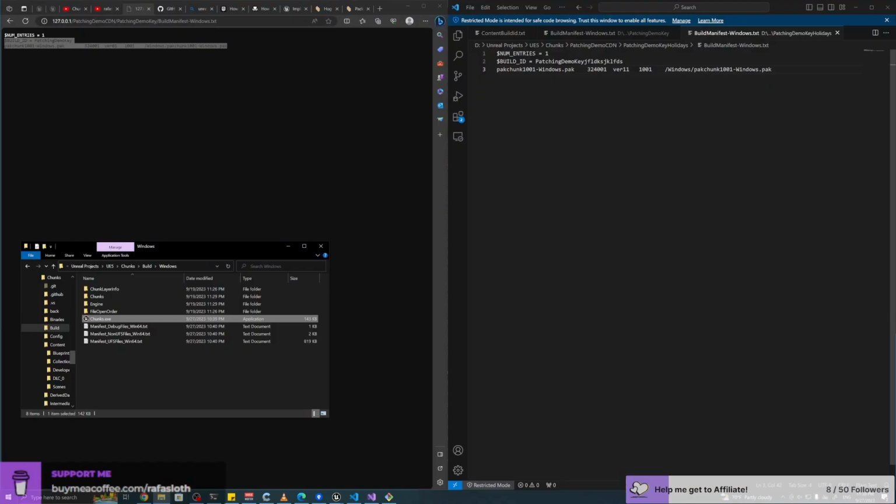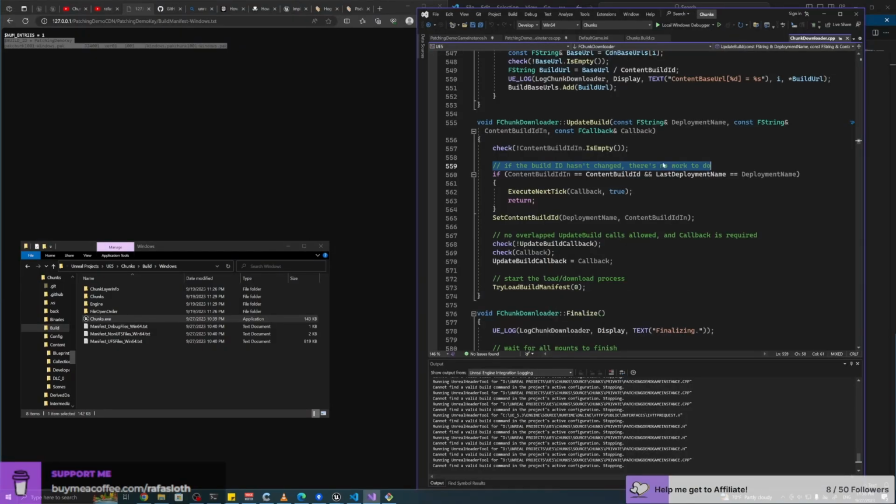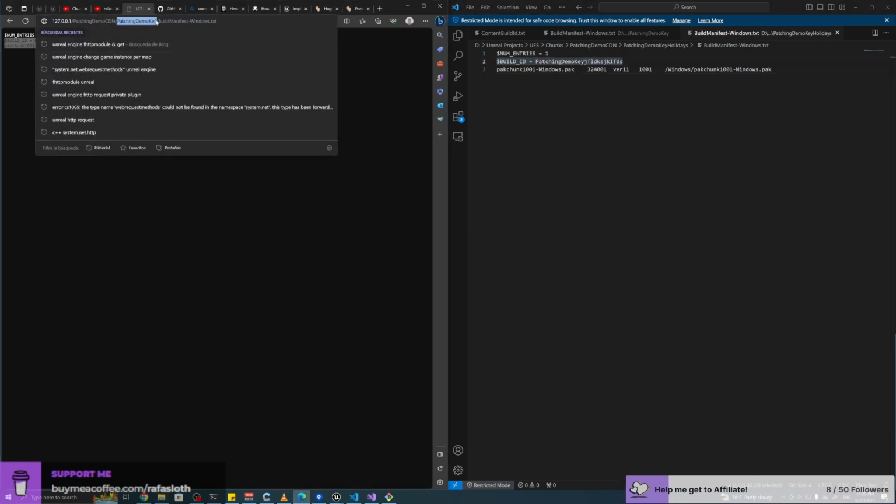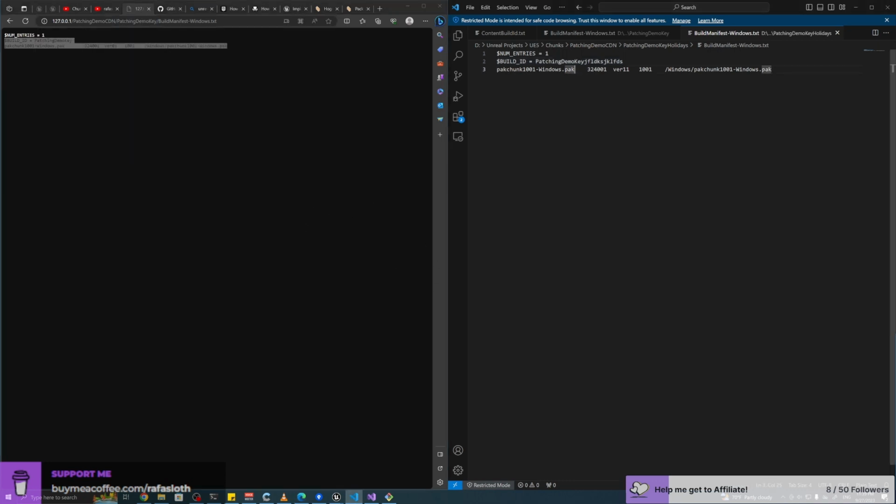Right? Because I believe what they refer to here, if the build ID hasn't changed, they're referring not to this build ID, but actually to the file structure of the URL. So this doesn't do anything. If you're accessing the same manifest file in the same URL, it appears it doesn't update the manifest. It doesn't detect that the manifest changed at all if you keep the same URL to access it.